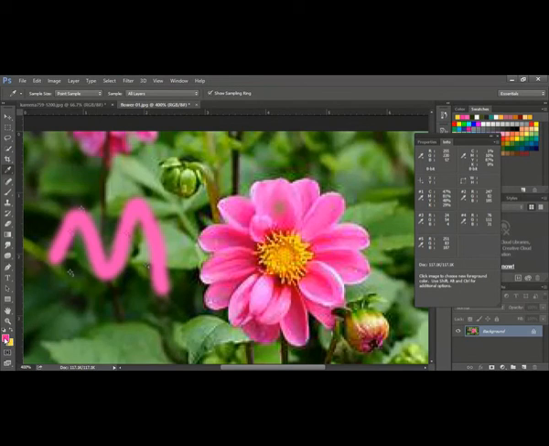So suppose you want to interchange this. The yellow color you want to make the foreground, which you do using this arrow. So you can interchange the foreground and background color also. Whenever you want a background color, press Alt. If you want the foreground color changed, just click using the eyedropper tool.